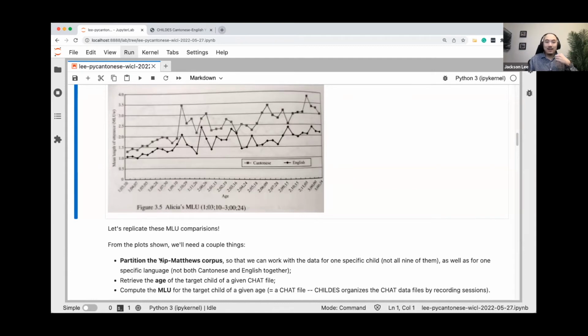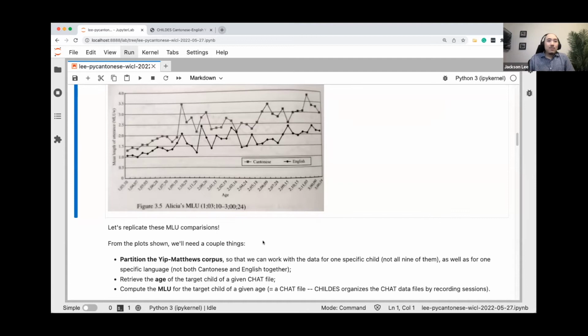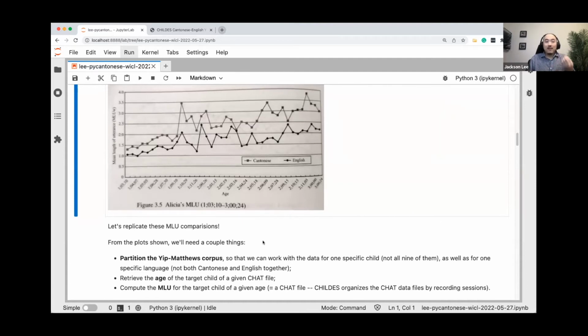It might be too obvious, but the Yip-Matthews corpus is the entire corpus with 9 children with both English and Cantonese. And sometimes there's also a third section called mixed. Before you can do anything, you have to be able to partition the data. So you have to slice and dice the data for the exact subset of data that you want to use. So in this case, you have to know how to get, let's say, I just want Sophie's data,